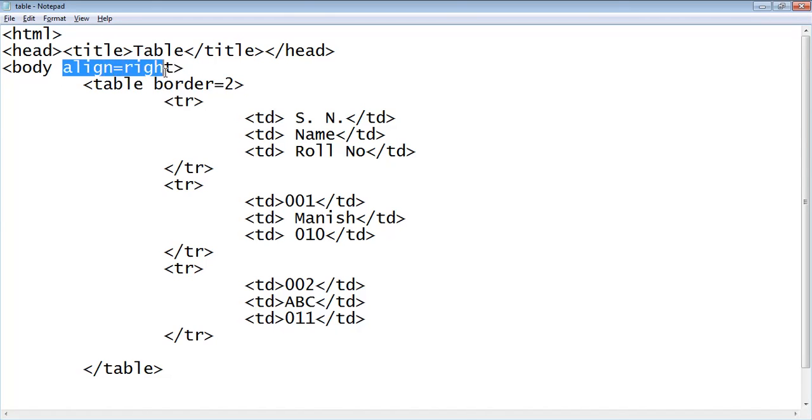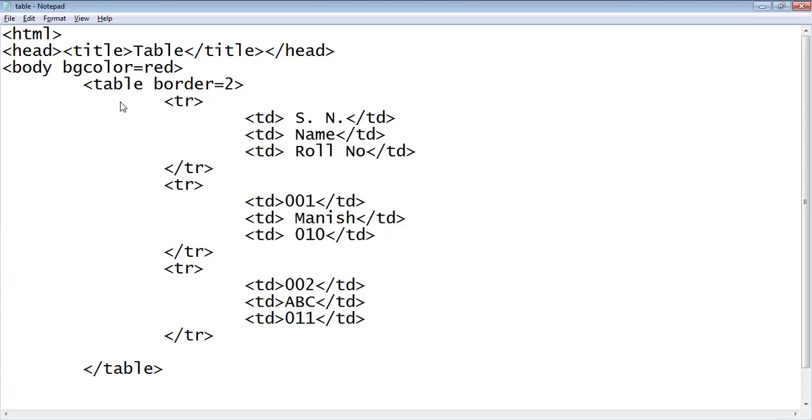Now, if we want to give any color, बॉर्डर टेबल का कलर कोई देना चाहते हैं तो उस केस में हम क्या करेंगे, then we will also add another tag like body, और body का background color क्या लेना चाहते हैं, so we will take bgcolor. bg means background color, and bgcolor value, like if we want red, then the background color will be red.